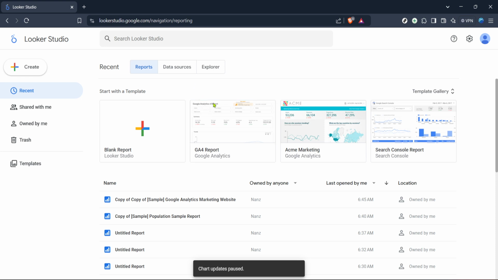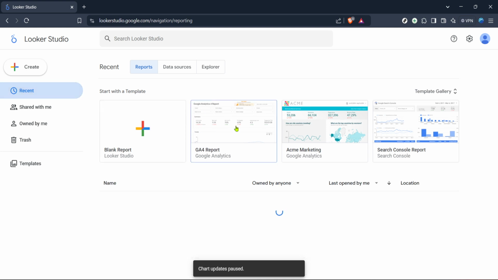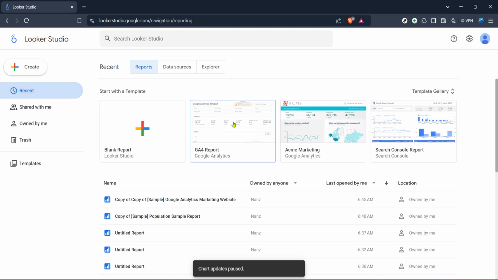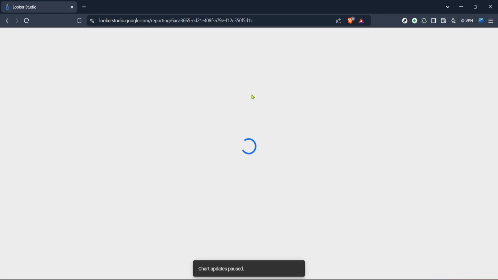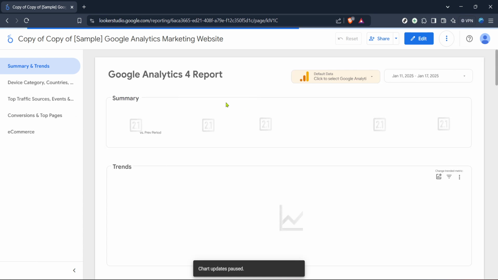Now, once you're in Looker Studio, the next step is to click on the report that contains the page you'd like to rename. This will open up all the details of your report, letting you dive into the specifics. From here, keep moving forward by choosing the Edit option. The Edit function is your gateway to modifying various aspects of your report, offering you the flexibility to adjust and customize according to your needs.